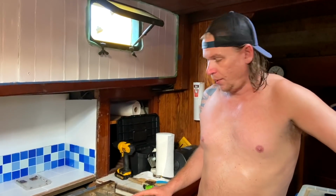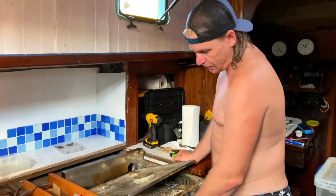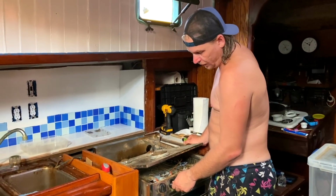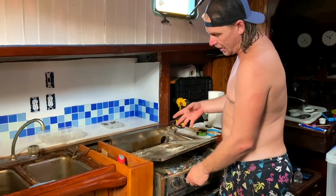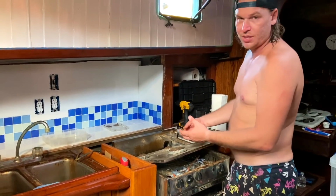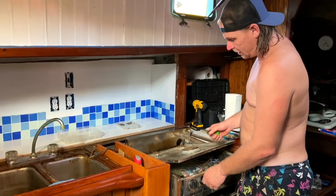So if you couldn't tell, what's happening here is the gas is hooked up. The way that you turn the stove on is you got to turn it 90 degrees to the left, hold this button in, and it kind of primes it and it opens the solenoids basically, so it'll allow gas to flow, but it also kind of makes it so that if it's off and it's on, there's gas just flowing into the cabin. So you got to hold it down and then you light it,